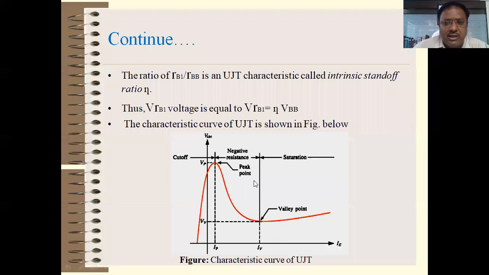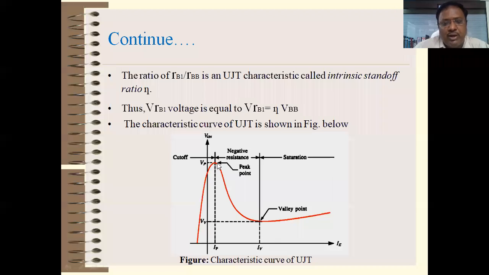So in this particular characteristic, you see that the voltage increases up to the peak point, called VP, where your device turns on. This much voltage is required to turn on the UJT. This voltage is equal to VRB1 plus VPN, the breakover voltage of a diode, and the voltage required to break or decrease the resistance, VRB1. Or you can say, the voltage that is required to turn on the device.